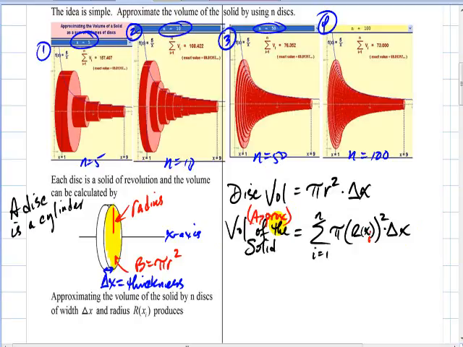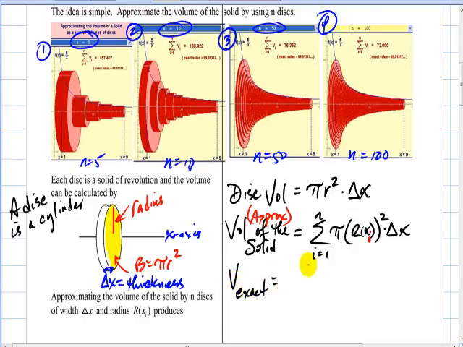Well, you let n run to infinity. That's exactly what you do. You let the disks go infinitely thin. You divide it up into an infinite number of disks, which makes the thickness shrink to 0. You sum them all up with the integration symbol, and you find the exact volume. So let's write that out. The exact volume now, the volume exact,